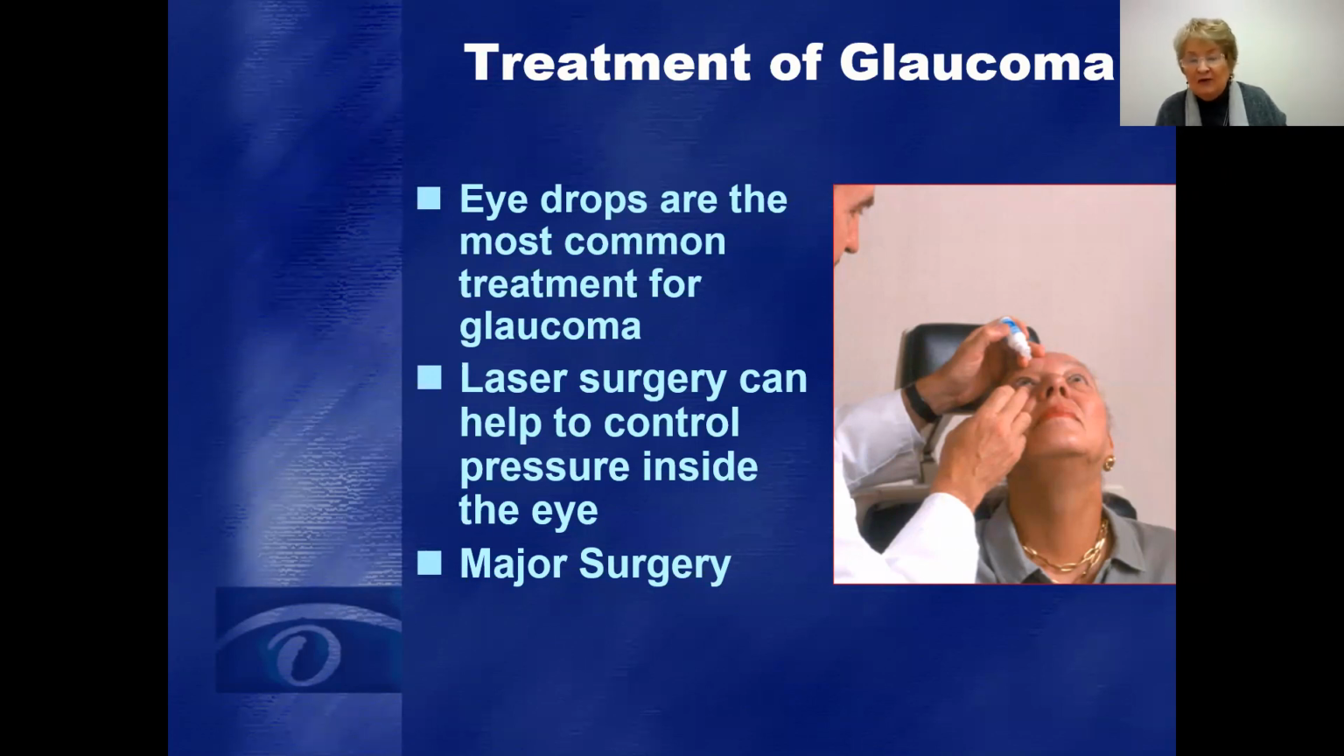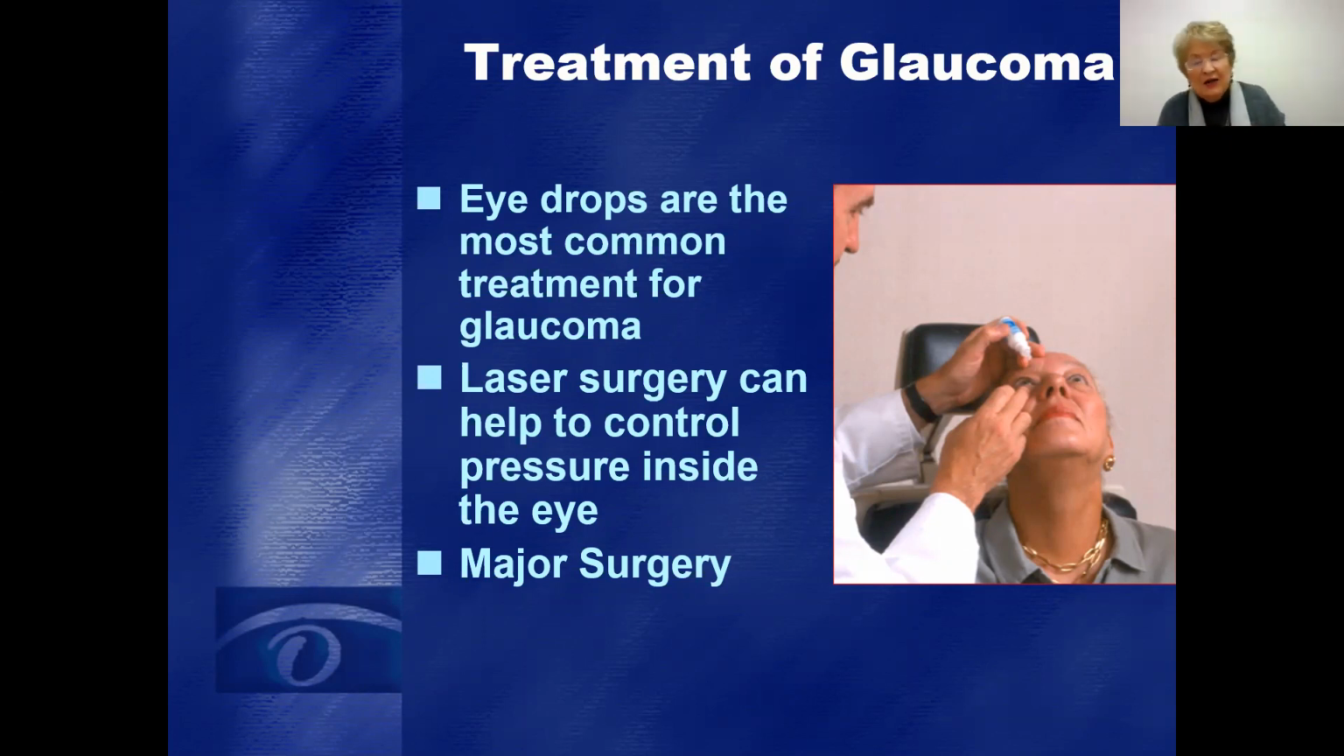But now we have a laser. We have a newer laser that's called an SLT, selective laser trabeculoplasty. And the nice thing about it is it's a cold laser. A cold laser means that it can be repeated. All the other lasers that we use in ophthalmology are hot lasers and they destroy tissue. But a cold laser can be repeated,